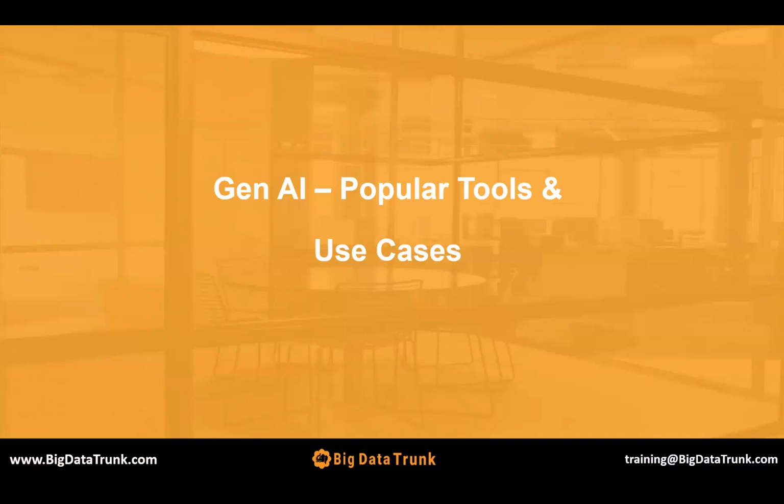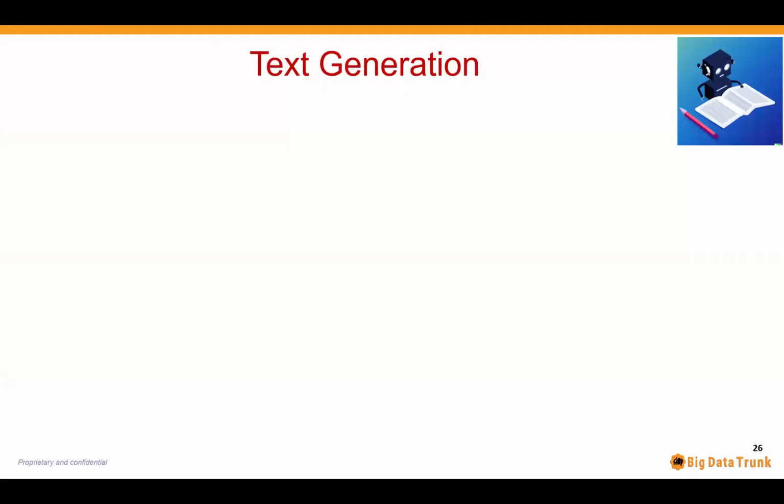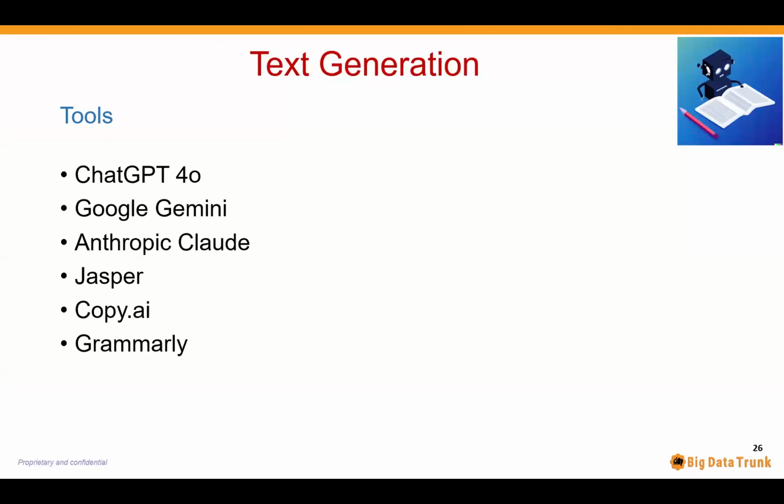Let's spend the next probably 5 to 10 minutes understanding some of the most popular tools and use cases with respect to various kinds of content. Text generation obviously is something that all of us are interested in at a very personal level too, or for professional purposes as well. Whether it is the latest variant ChatGPT 4.0, Google's Gemini, Claude from Anthropic also does an extremely good job at generation. It does give you free developer credits to a certain extent as well.